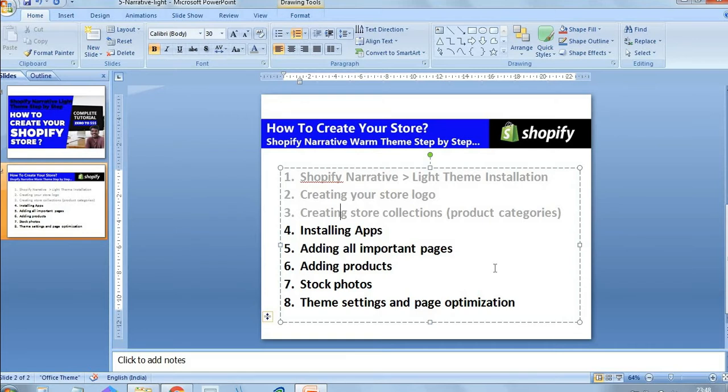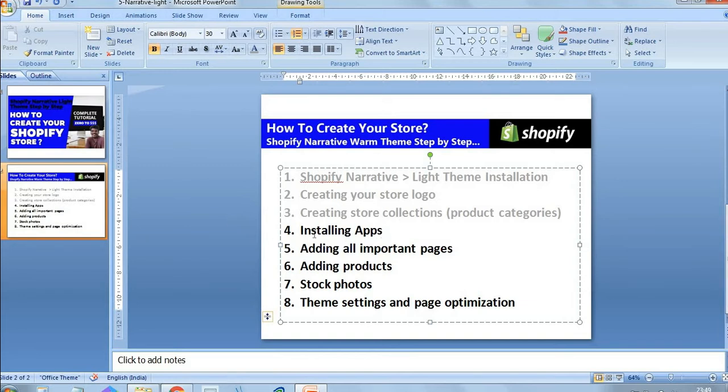Installing applications. Applications are very useful in Shopify because they increase the features available in your store. Customers can easily get more features by using applications. There are a lot of applications available, so you can use the applications as per your preference. Here in this video, I prefer to use just two applications for sample purposes. One is a contact us form builder and another one is for dropshipping products. If you have your own products, you can directly upload them in the product section. Otherwise, you can use the dropshipping application.